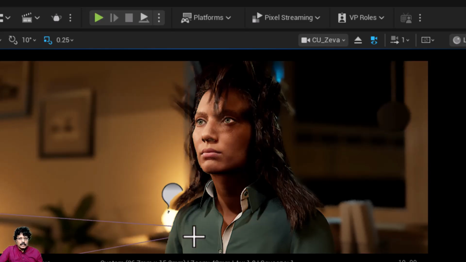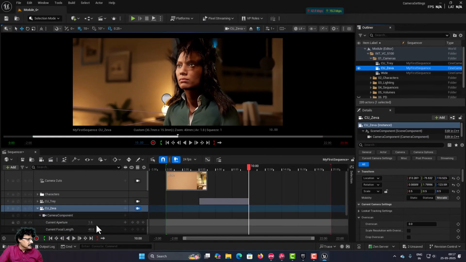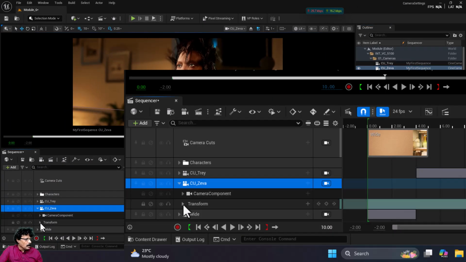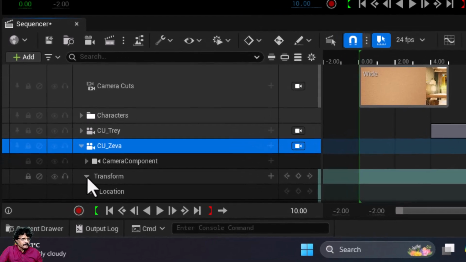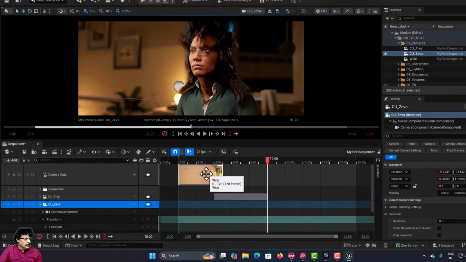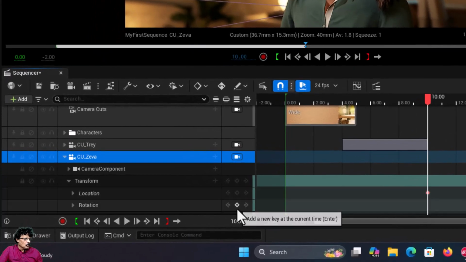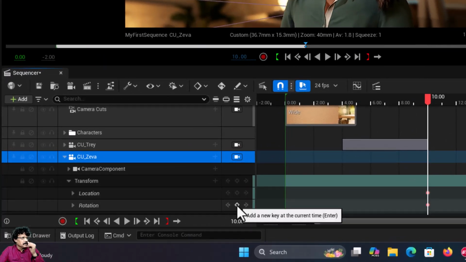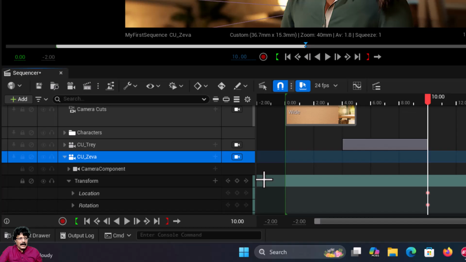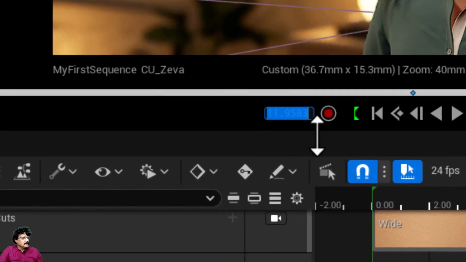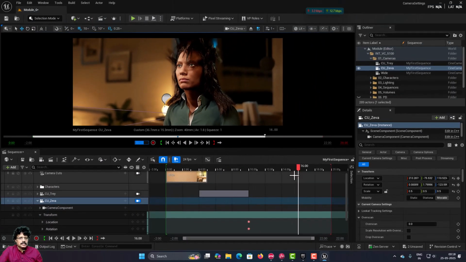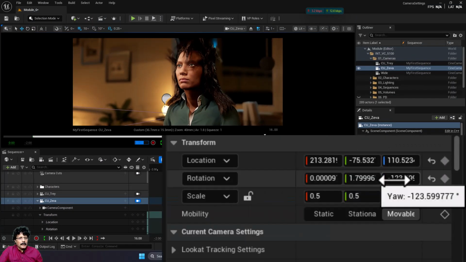So we are going to discuss this MetaHuman in detail later. Now, adding this, I will close the camera component, and in the transform here this will be the starting position. So I will add both the location and rotation keyframes at 10 seconds, and then I will move this and type here 16 seconds, and coming to 16 seconds, now I am going to